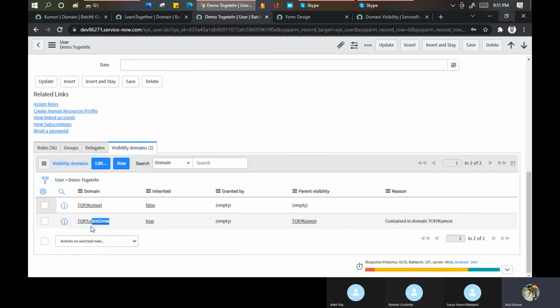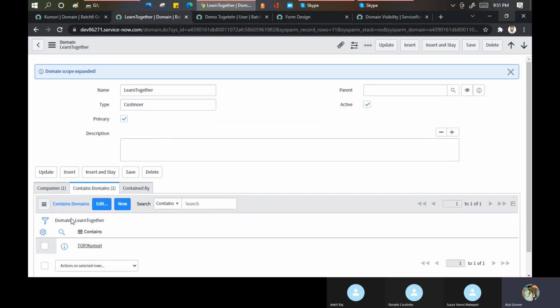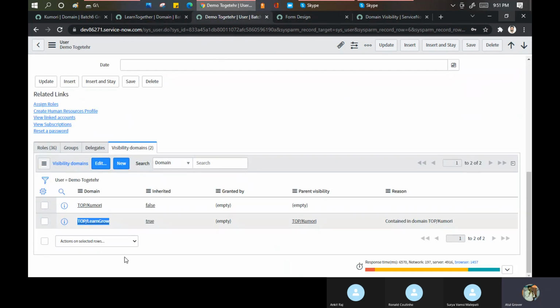Why am I able to see this domain, even though I removed this domain from my visibility part? यहाँ पर तो ऐड नहीं किया मैंने, right? Contains में नहीं है. Correct? Agree on this part? Then why is it showing on the user form? Two domains.